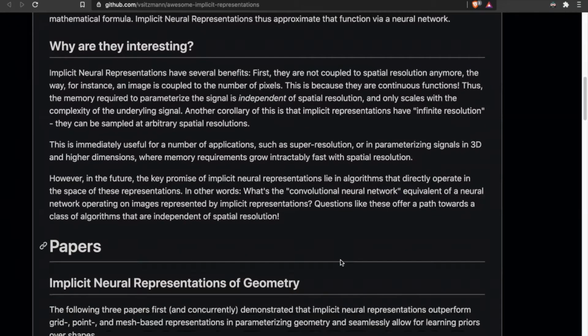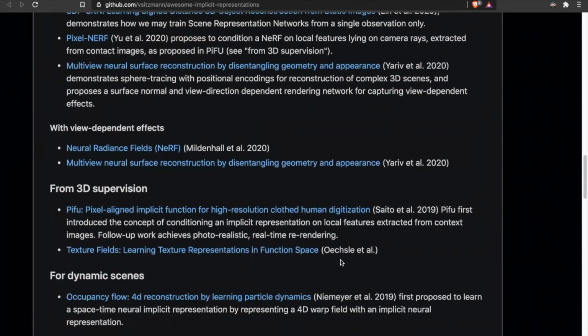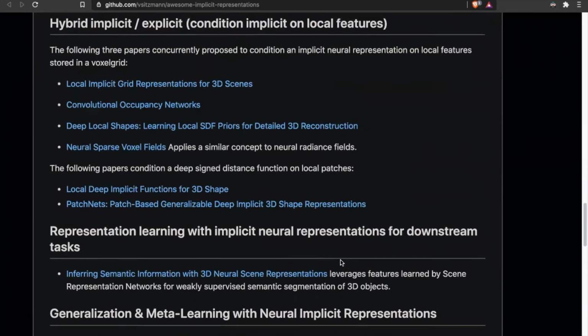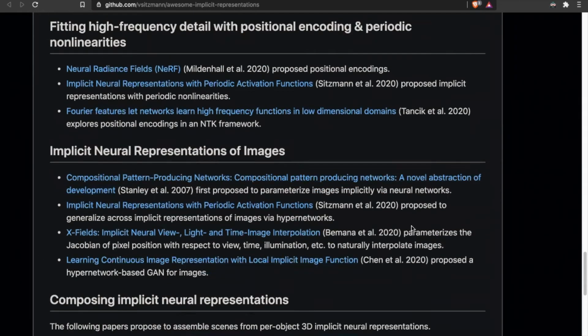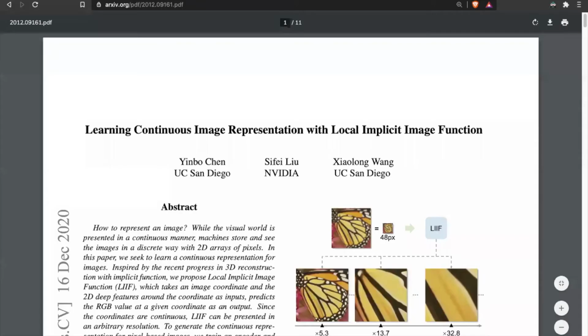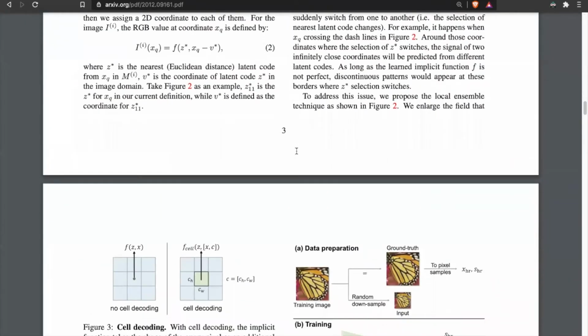So that's an interesting topic of research, and there's actually lots of papers that were coming out dedicated to this implicit representation. But sort of the few papers that we're going to be interested in today, and particularly this one, are dedicated to representing 2D images as these implicit neural networks. So the main approach of the paper can be summarized as follows. So on this figure,